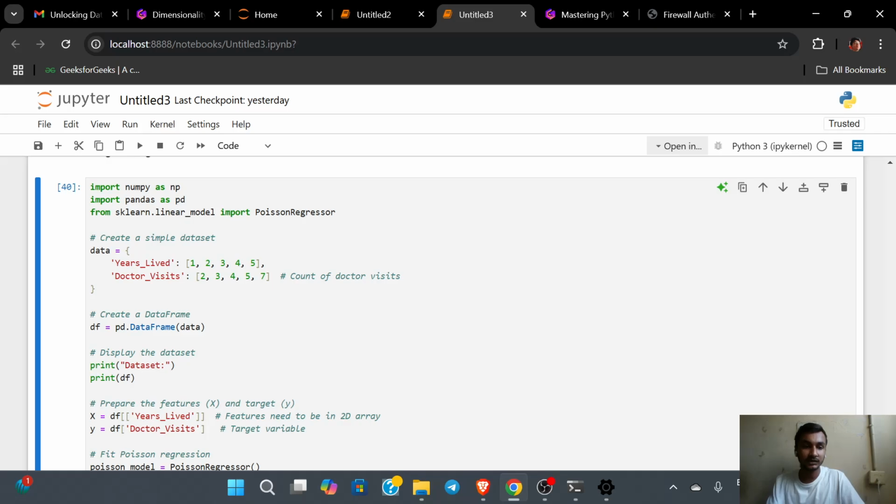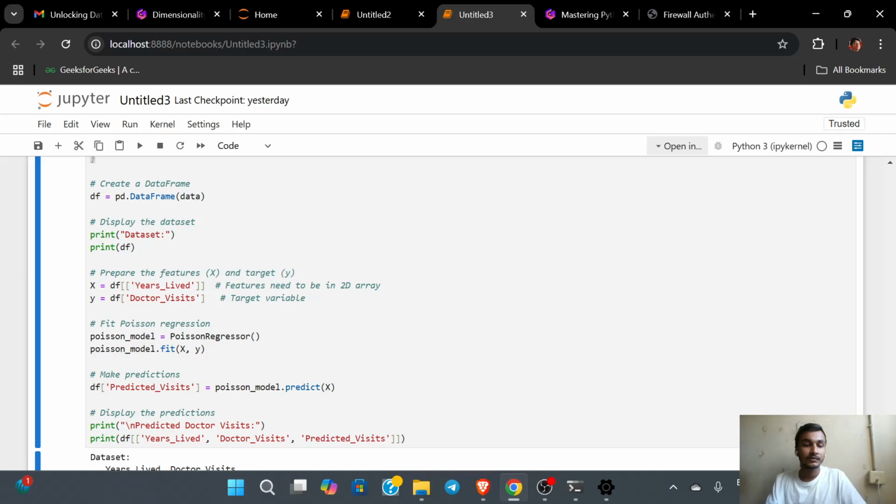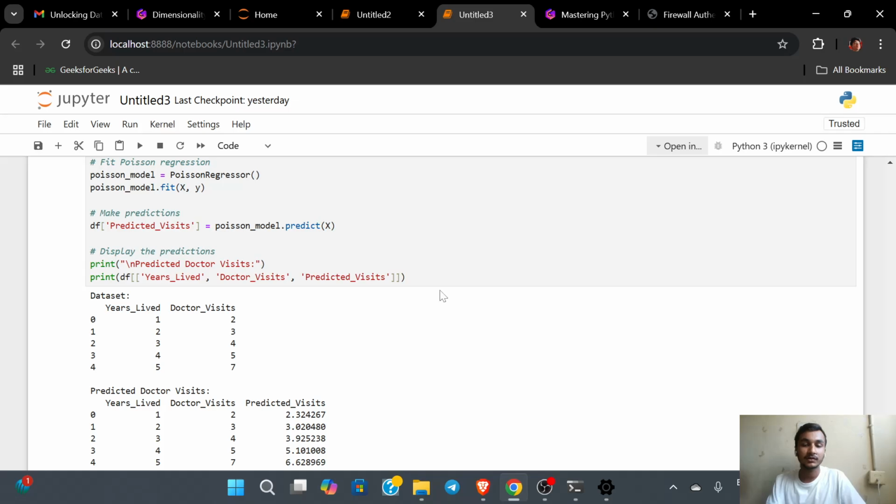Okay, so this is the sample code. Here, this is the data set. We created a data frame, and then we have prepared the features for X and the y target, then fit Poisson regression, then we are making the predictions. So we try to run this. You can see that